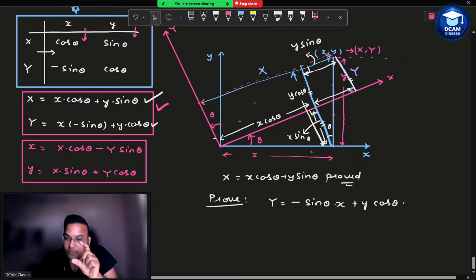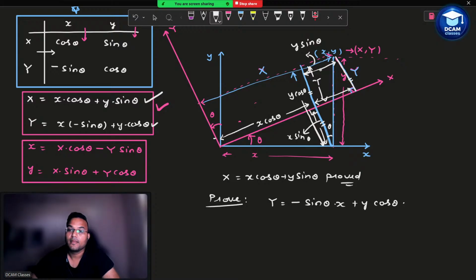But I want only the top portion, this length. Yes, sir. So I have to minus the bottom length from it to get capital Y. The bottom, this I can get from the lower triangle as y x sin theta. This is x. This is a right angle triangle. This perpendicular will become x sin theta. Now if I want to get this capital Y, which is this distance,